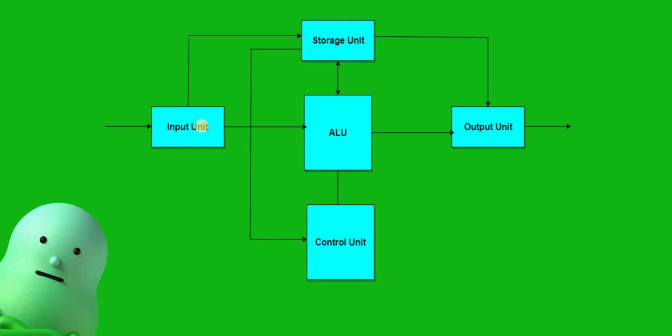This is what happens next. From input we are giving plus, is equal to, and the data 25 and 32 using the keyboard. Let us see what will happen. The CU takes the input from the keyboard keys and sends it to the memory unit. From here it will be taken by the control unit, and from the control unit it will send to the memory unit, storage unit here.